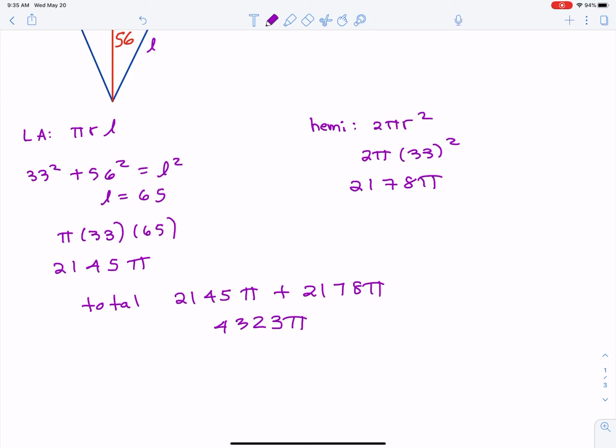So on my calculator, I'm literally going to say 4323 times pi. So I'm going to use that pi button. Again, if I don't use that pi button, I'm going to be off and you're going to be wrong, because you have to be accurate to the nearest tenth. So let's do this. So this is times pi. Where's my pi button? There it is. And I get